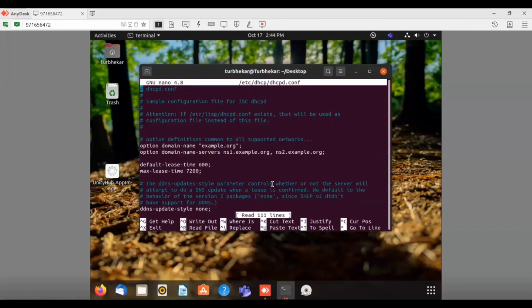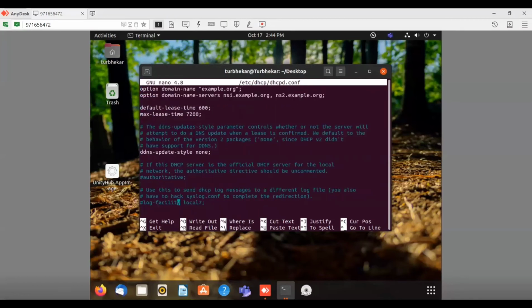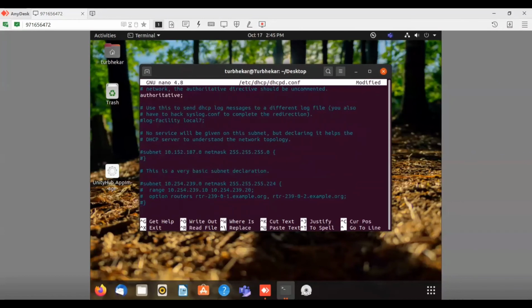After opening this file, the first thing we have to find is authoritative. After finding authoritative, just uncomment that line; it will authenticate the devices which are in the network of the DHCP server.